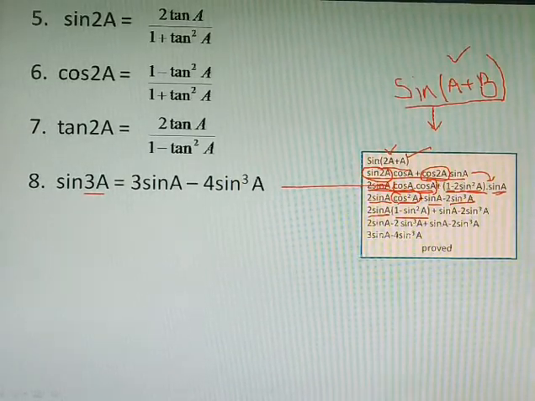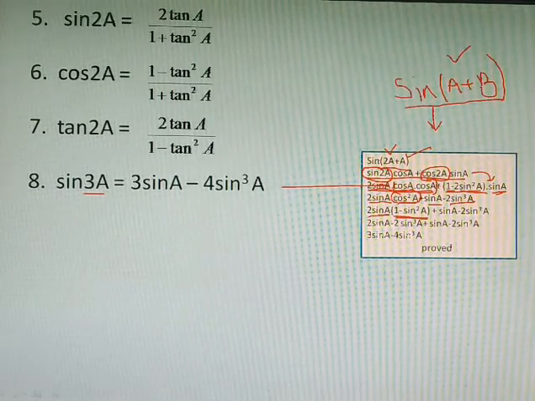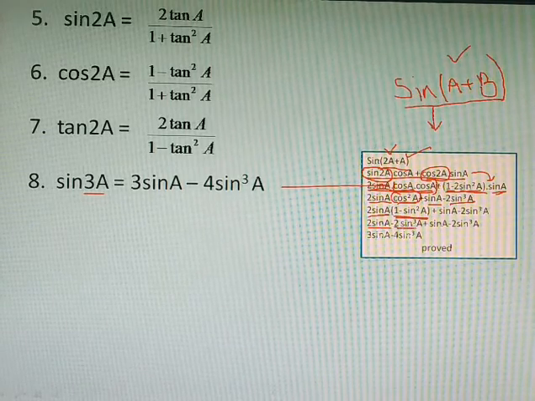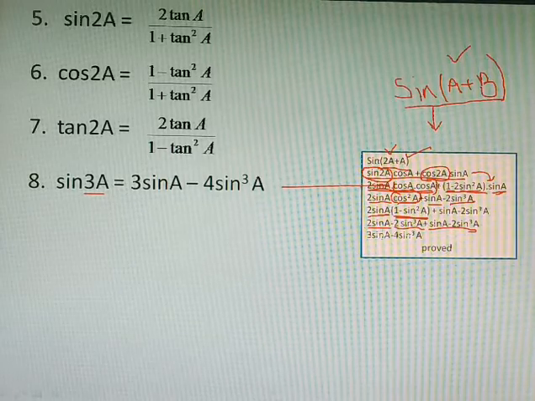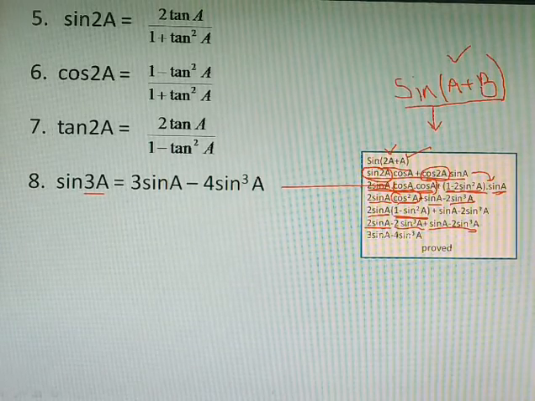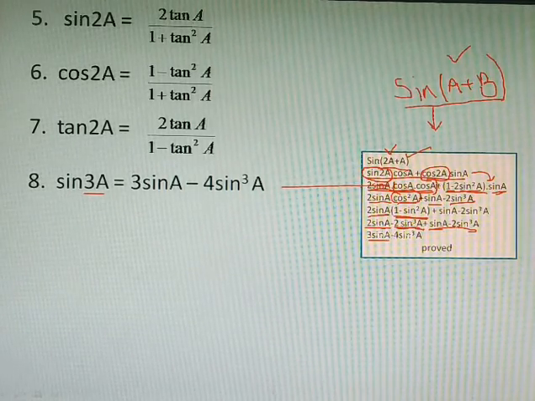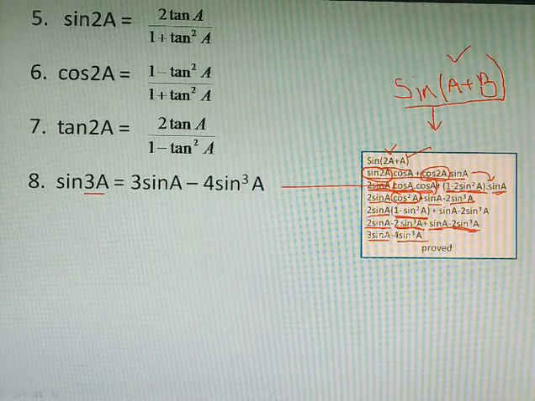Now again we'll break the bracket from the above step, and that will result to 2 sin a minus 2 sin cube a. This has been copied same. Now if we add 2 sin a and this sin a, that will be 3 sin a, and minus 2 sin cube a, again minus 2 sin cube a, when added, that will result to minus 4 sin cube a.